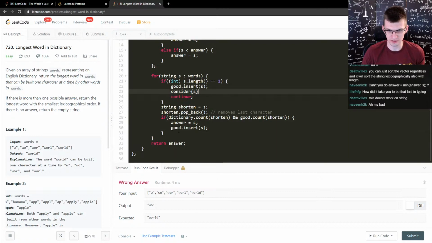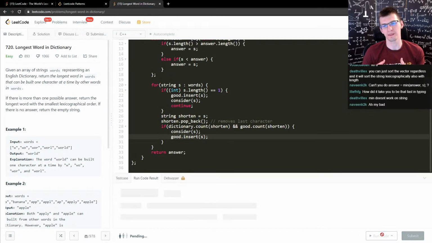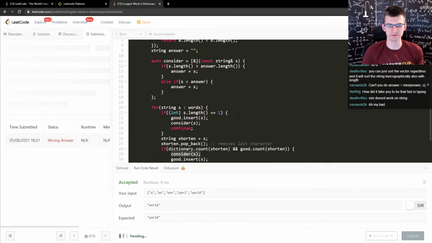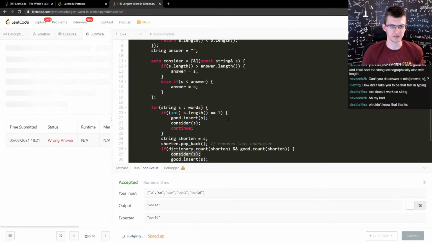What was here before? I should replace this with consider of s. Instead I replaced this inserting good strings, which stopped me from later seeing that something was good. I should have just replaced answer equal s with consider of s. Right, submitting again